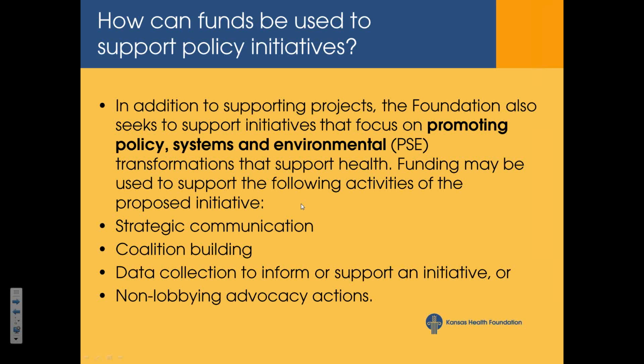Perhaps your organization's mission is to aid in the revitalization of, say, for example, the downtown area in your community. So you may be convening business owners to collaborate on how to attract more customers to the area. So your policy initiatives may involve educating and convening business owners so that they can collectively educate government leaders on issues in the community. Or perhaps you're educating small business owners on the benefits of healthy lifestyles for employees, and you may assist them in looking at what their policies are regarding vending or what types of food are being